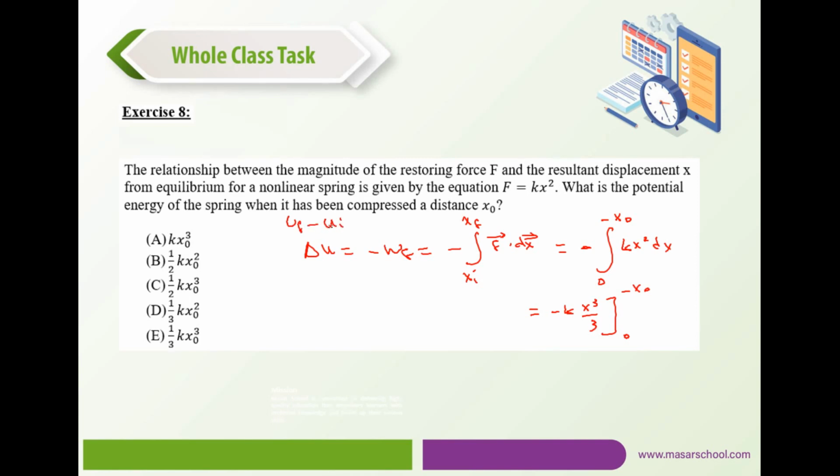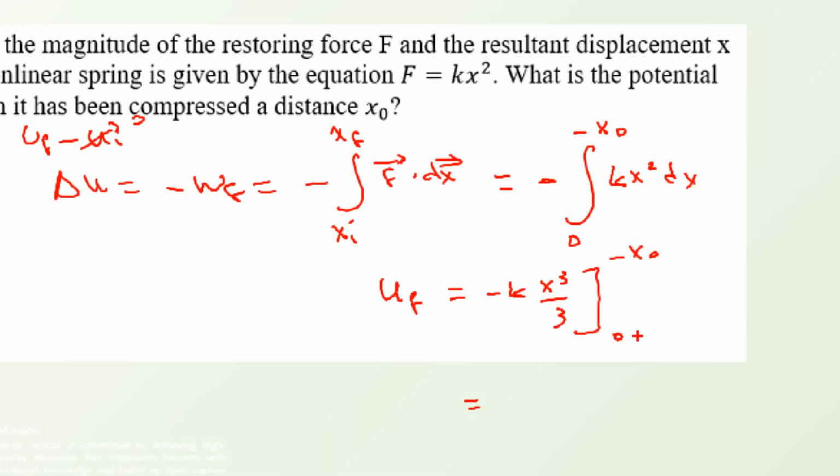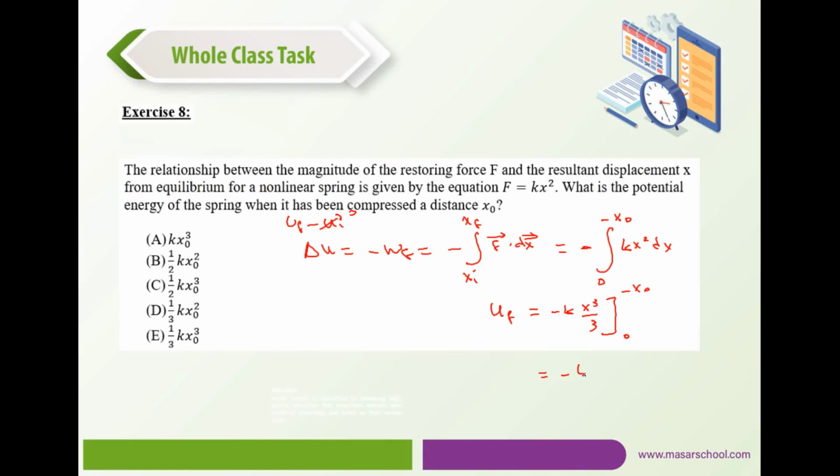and that would be the change in the potential energy, U final minus U initial. Now U initial would be 0 because we started from the equilibrium, then the final potential energy in the spring is given by that. And now we're going to compute this expression at minus x0 and 0. We can ignore the 0 because it doesn't explicitly depend on x, and that would be minus k x0 to the power of 3 divided by 3, and we don't forget the minus sign here. Minus would give us k x0 to the power 3 divided by 3,